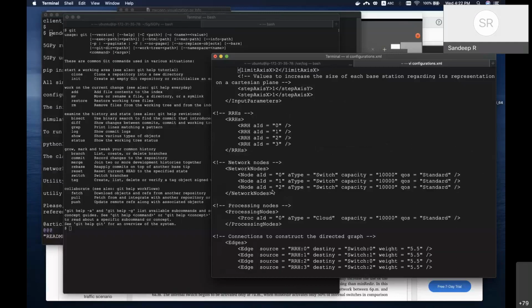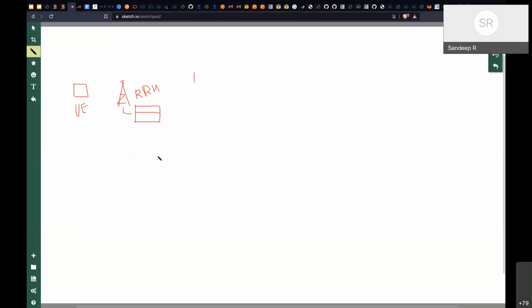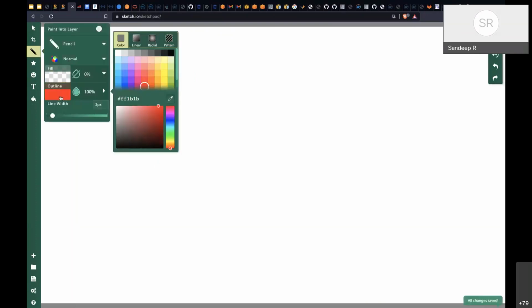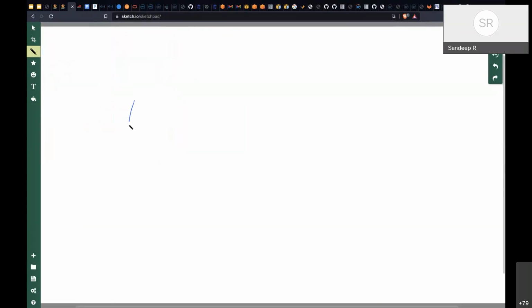So I'll just draw it here the way they have done it. Let me just remove this. Okay, I'll maybe use a blue color. So they have something like this. They have four RRH. It's become too big.